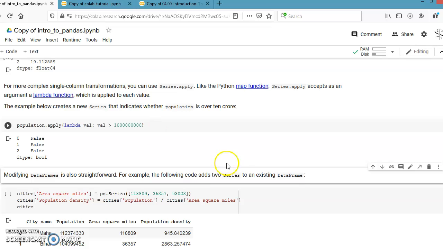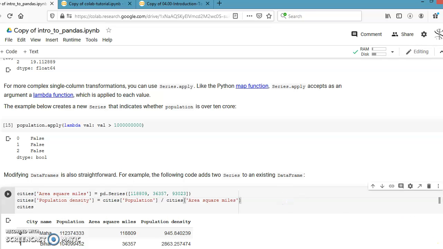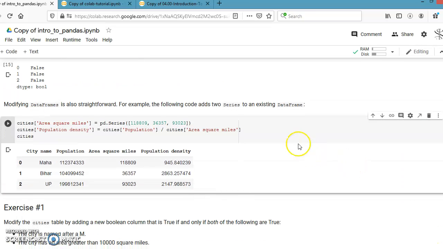Now we are again going to do some operations. Okay, let's say I have area in square miles, and on that area we are going to find population density.